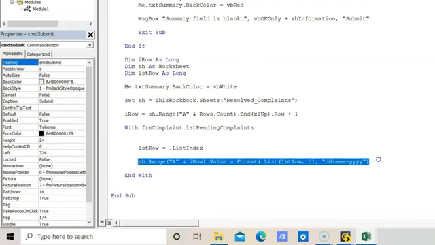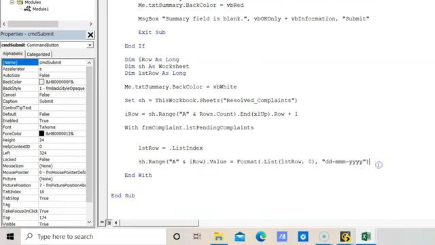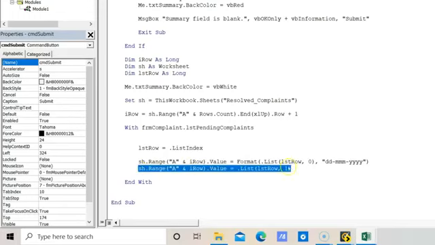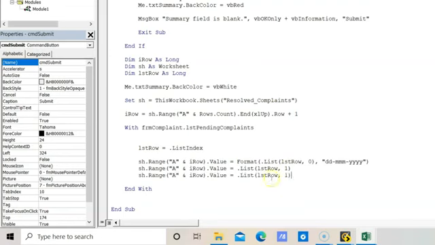Let's copy the same line of code, and that will be for complaint raised by. Again this data will come from the list box, so here just remove the extra code, and here we need to update the column number, that would be 1. So this is for employee name. Then we need to update the customer name, so let's replicate this. Customer name would be 2, and then customer email ID would be 3,